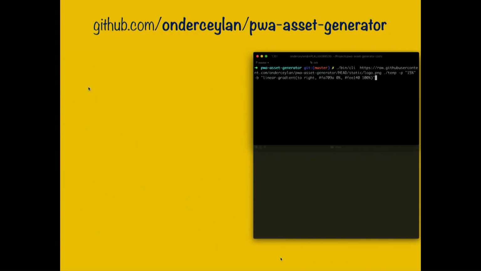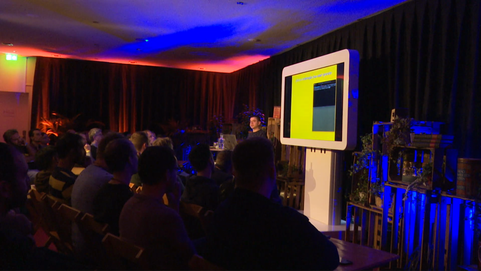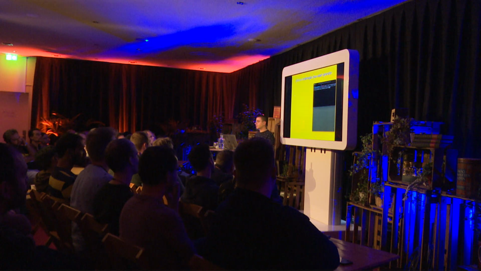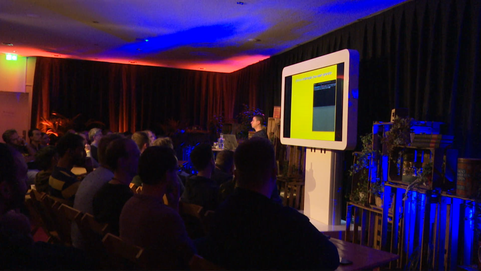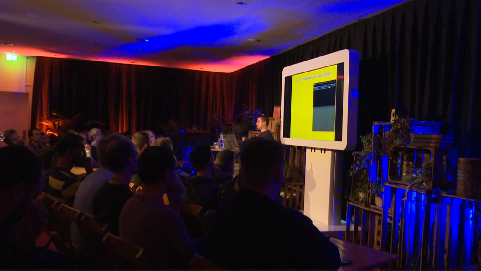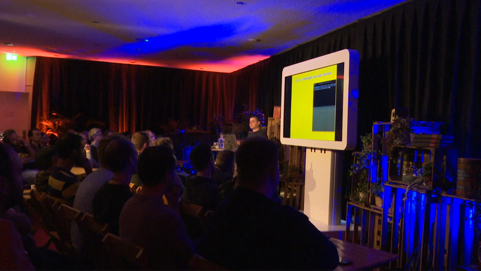This is a demo which is very relevant to what I just told. It's a library that I published around 3 months ago, and it's all based on Puppeteer. It solves a specific problem. It's a Node CLI library. The specific problem is